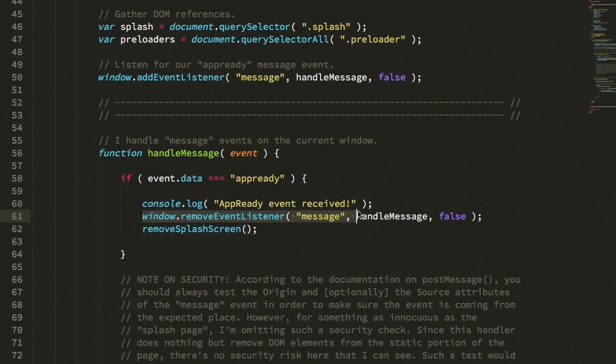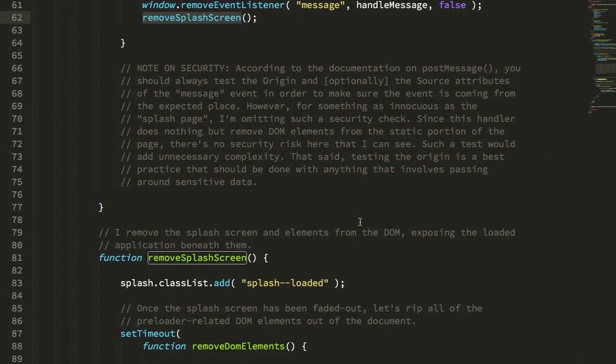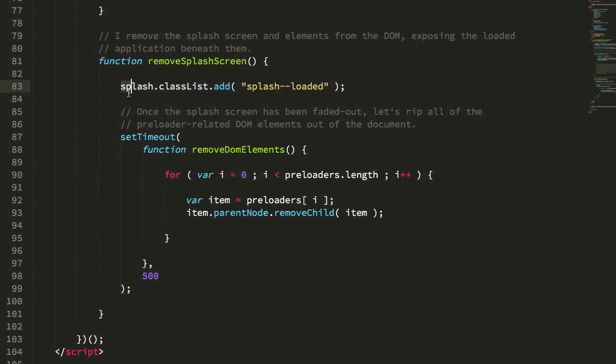So when the external context hears this app ready event, it removes the listener because I don't need to remove the splash page more than once. And then I go ahead and I call this remove splash screen method, which changes the class, which invokes a CSS transition, which I know is going to be half a second, and then after half a second, I simply grab all of the splashy type elements and I rip them out of the page,